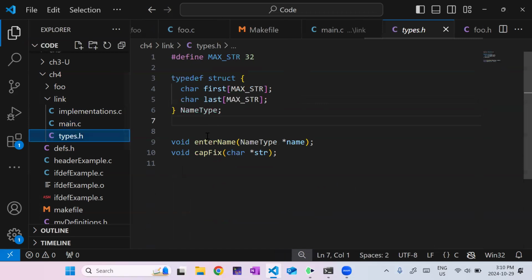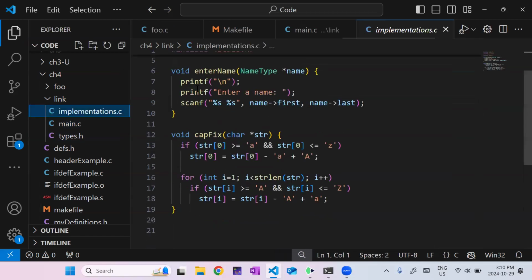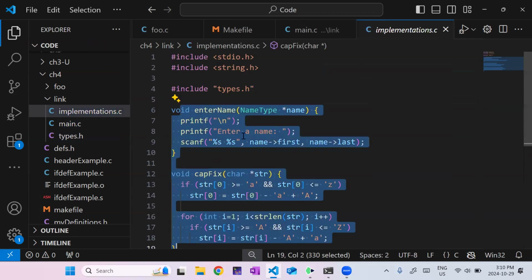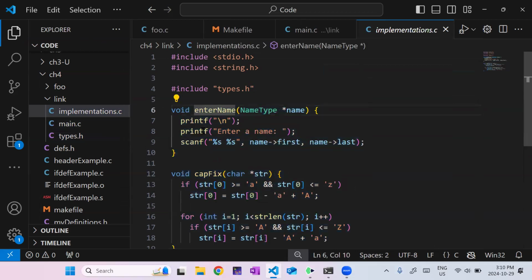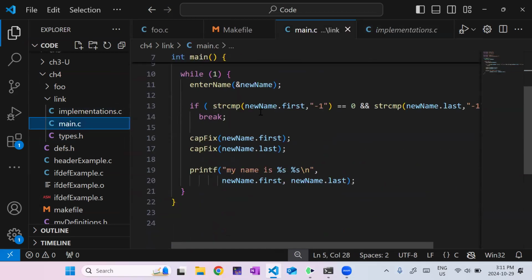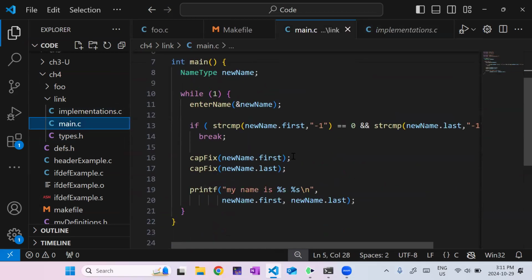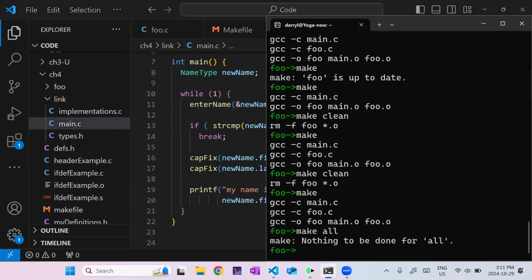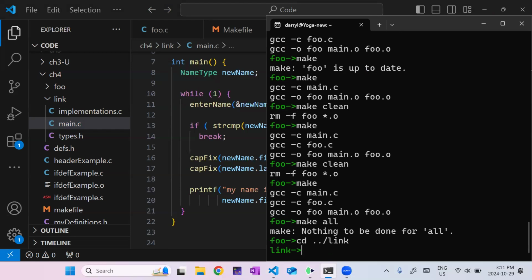It gives me the declarations. And then I include implementations.h, which gives me the implementations. And now I have everything I need for this main function, right? And I don't have to do separate object files. So now I should be able to just do main.c.